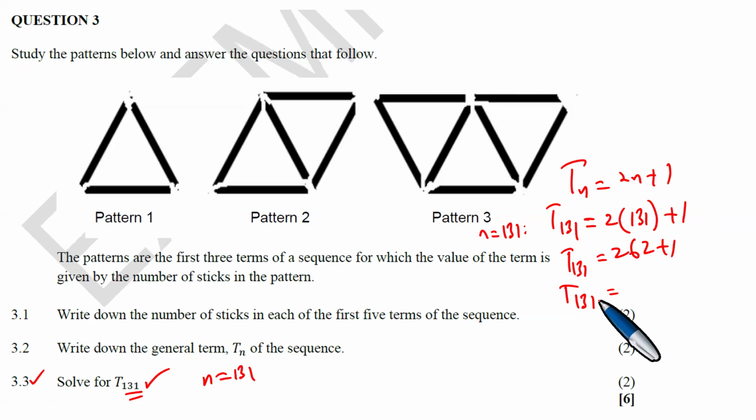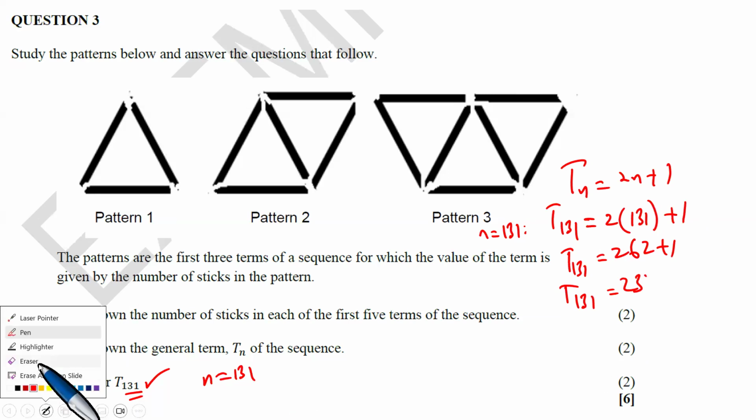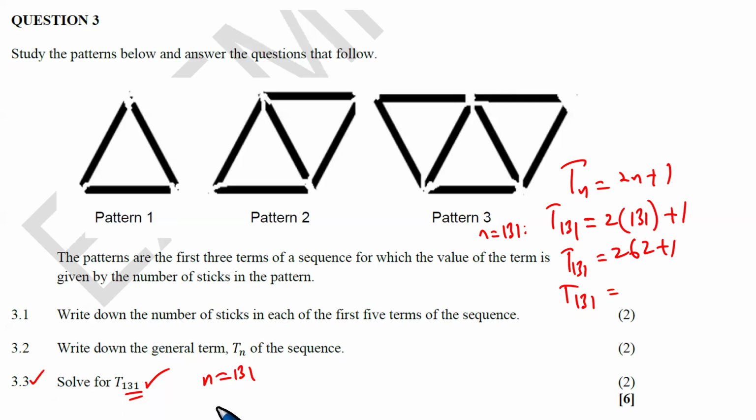263. Okay. Yeah, 263. Well done. It's exactly 263. So here you're going to write 263. Next. 263. So obviously at this point you write T131, which is equal to